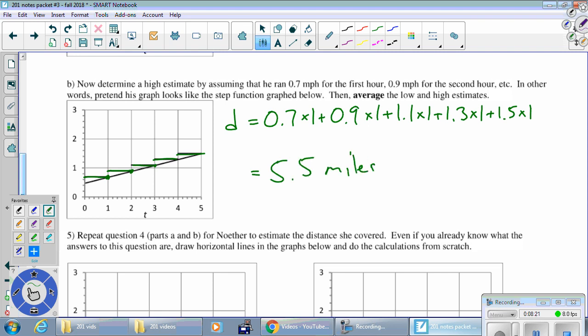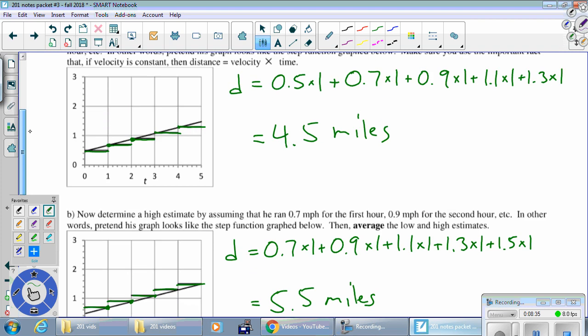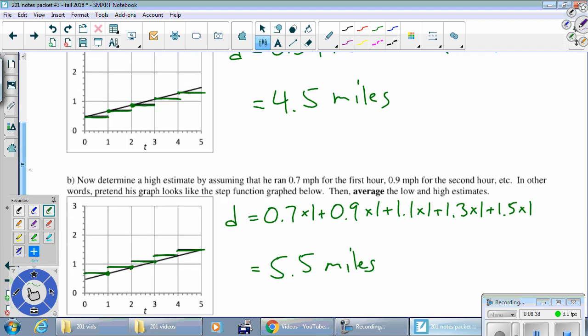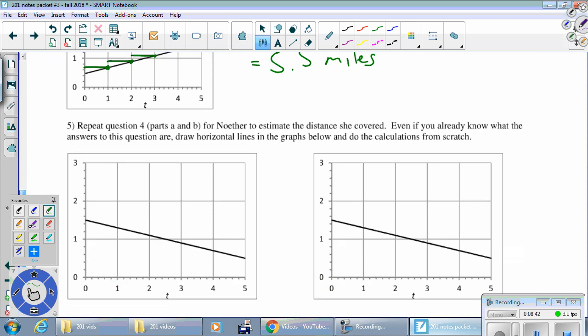So this is an overestimate for sure, because at every moment in time we assumed he was traveling faster than he actually was, except for the last moment of each hour where we hit it exactly. And so really the right answer is something in between our underestimate of 4.5 and our overestimate of 5.5. Again, we knew the right answer was 5, but